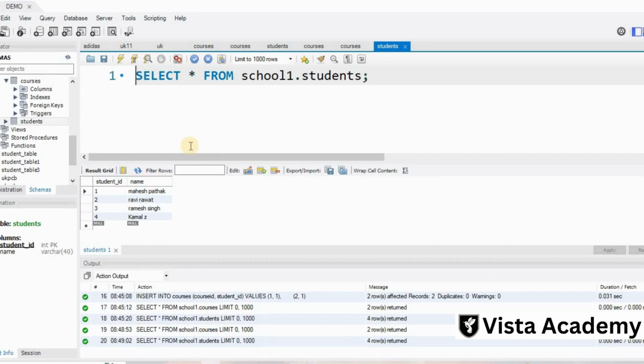To create the right join, first of all we have to write the command from our left table.